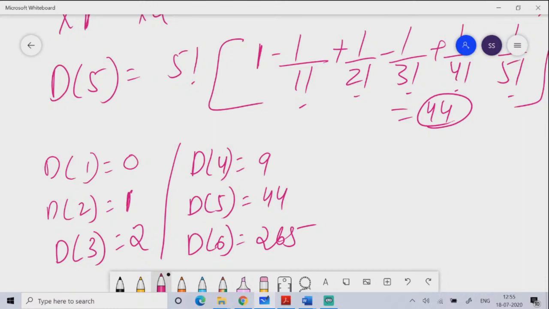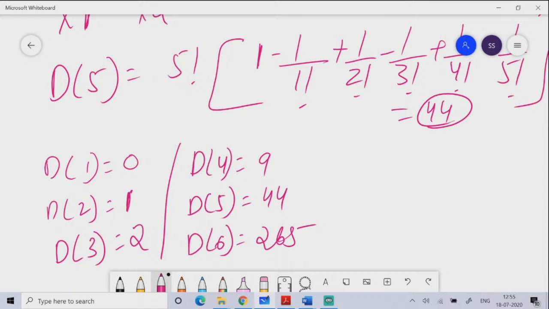If there are n objects and n places, a linear arrangement is n factorial. In circular arrangement, it is n minus 1 factorial, because in circular arrangement all places are identical. Until the first person sits, you cannot determine the position of the other people with respect to the first person. That's why in circular arrangement we use n minus 1 factorial. If there is no distinction between clockwise or anti-clockwise, we use n minus 1 factorial by 2.